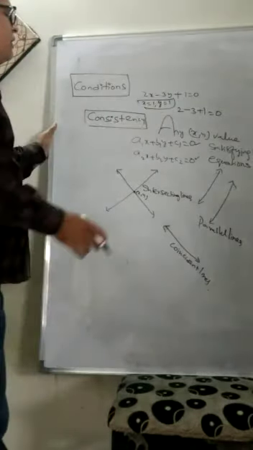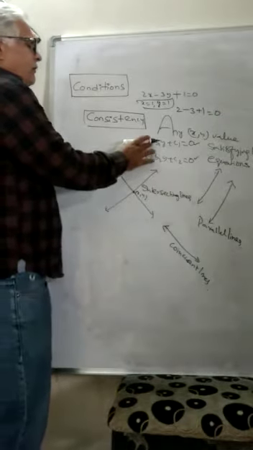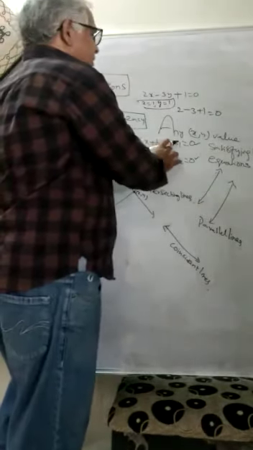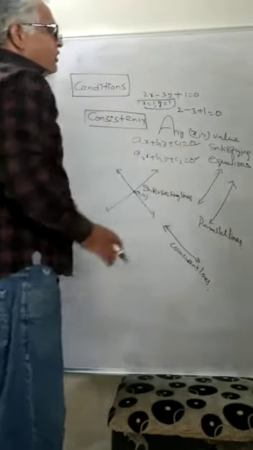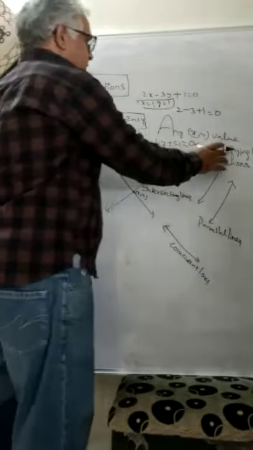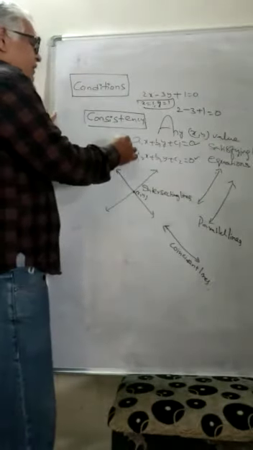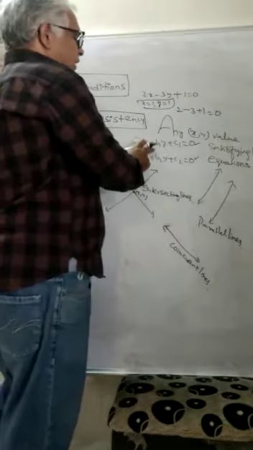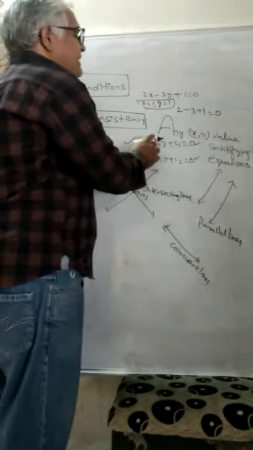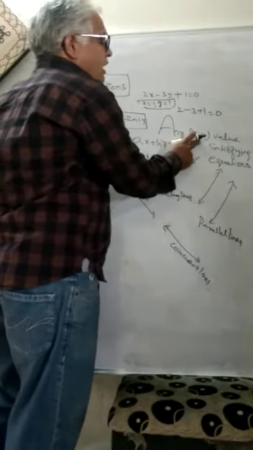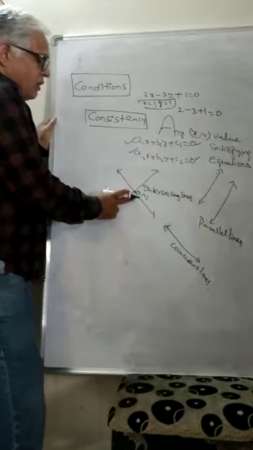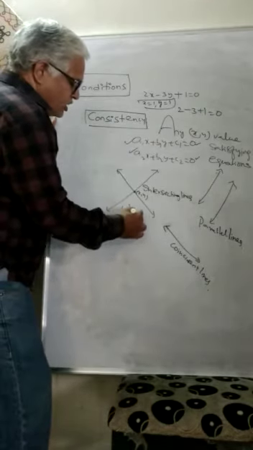Satisfying means if you replace x by some value, y by some value, then when the left hand side is simplified, it should give you the right hand side 0. Then such an xy value is said to be satisfying the equation. If the same xy value satisfying the first equation satisfies the second equation also, such common values of xy are known as a solution. So here the solution is one, only one unique solution.